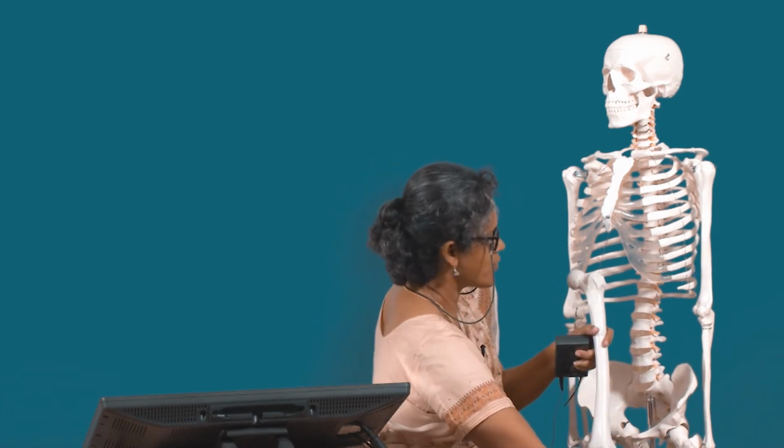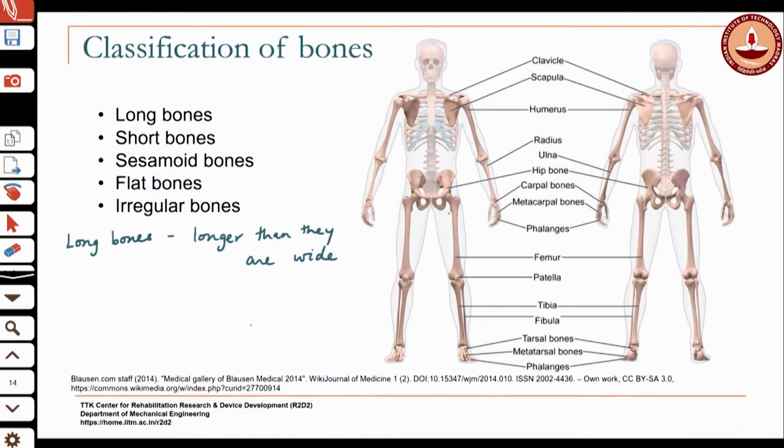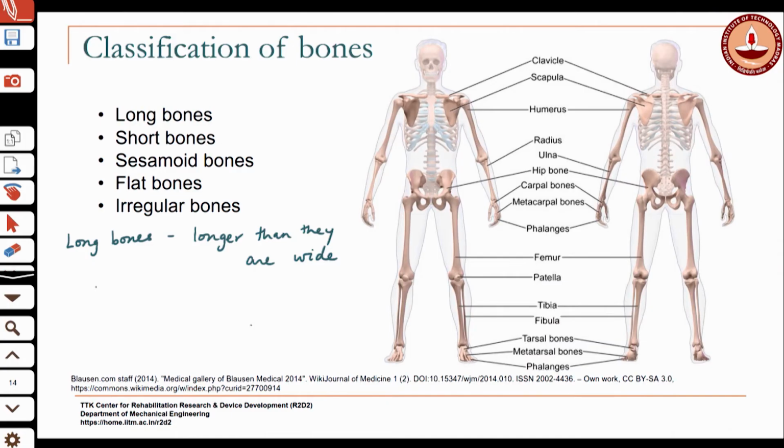Similarly, if you look at the lower limb, this bone is the thigh bone or the femur. If you look at this femur, you can again see that this is considered a long bone. Examples of long bones are many of the bones in the appendicular skeleton. So, you have the humerus, radius and ulna, then you have the femur,